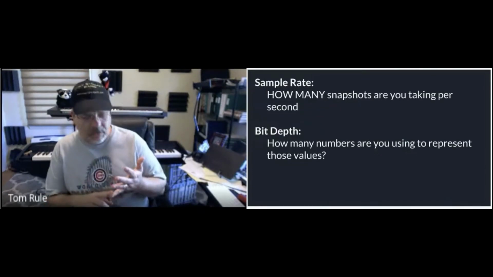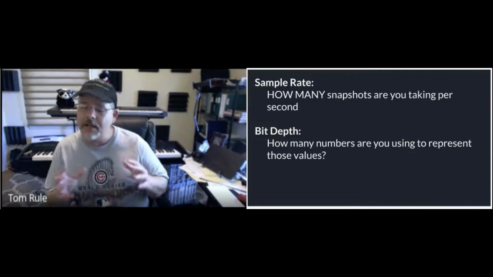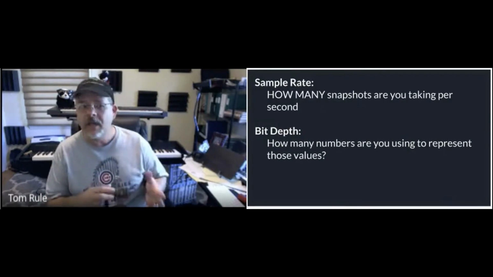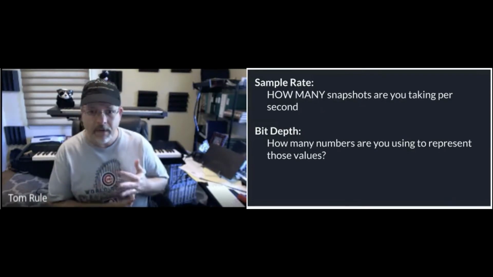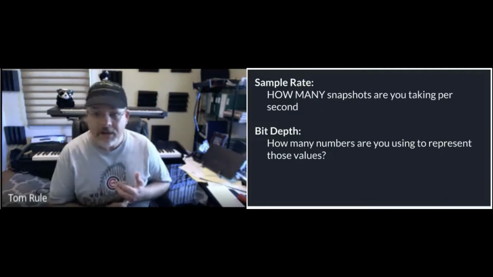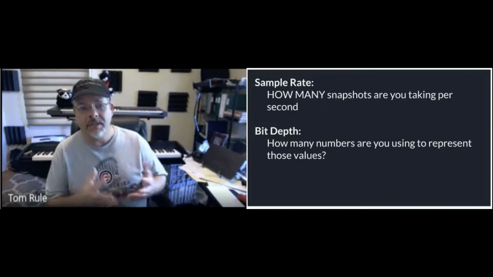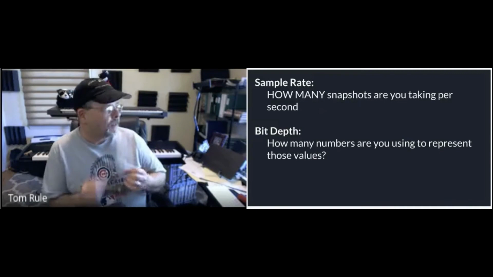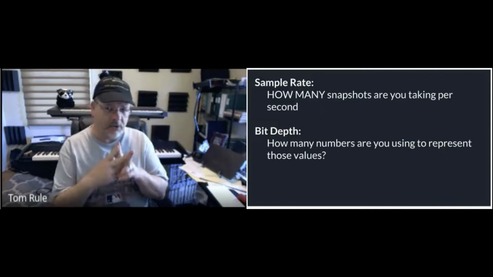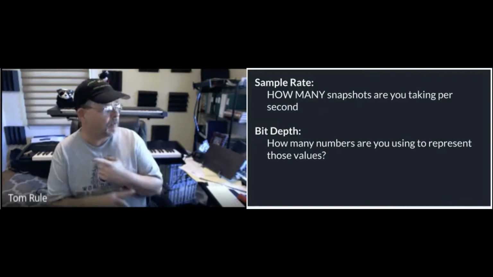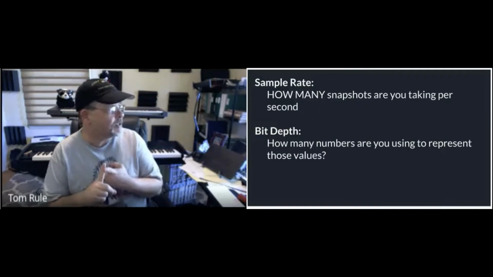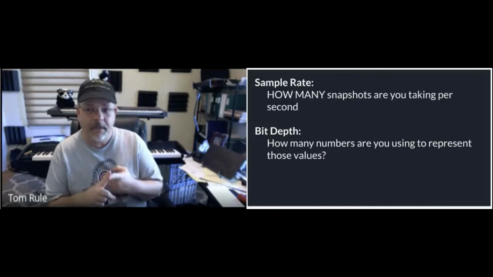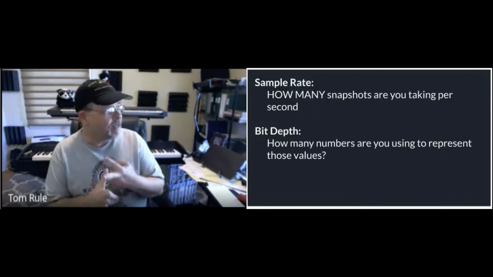And I'm trying to not be very technical on it, but it's good to have a basic understanding of this because it affects how you record, regardless of how it is you're recording. And so you run across these settings. So the two primary settings you'll see is sample rate and bit depth. Sample rate is talking about how many snapshots are you taking per second